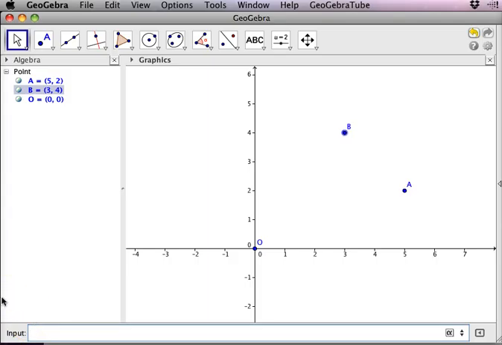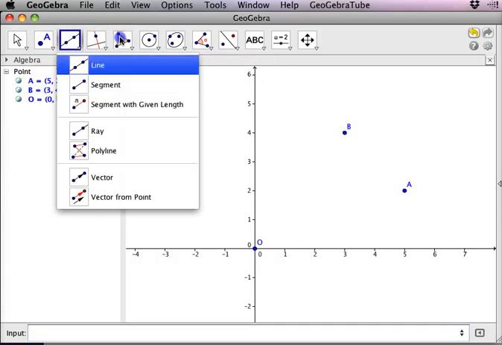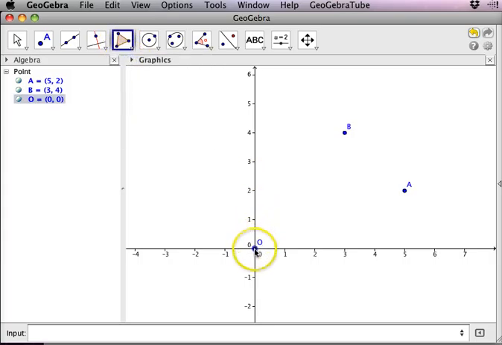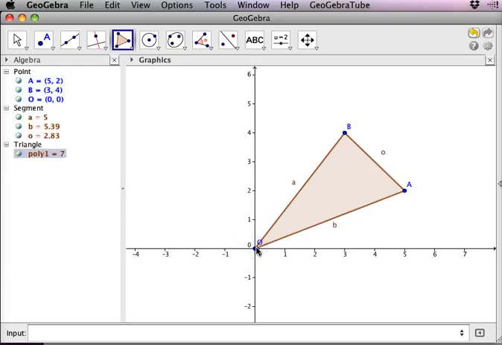And to construct that triangle, I think the best thing to do is to use this polygon tool. I guess one option would be to use the segment tool, but since we're going to try and find things like maybe the area and perimeter, there's definite advantages to calling it a polygon. So I'm just going to mouse over, so it highlights point O. I'll drag over to A, highlights there, B, and to complete the polygon, go back to where you started. And it automatically labeled sides for me and put in their measurements, so I don't even have to actually